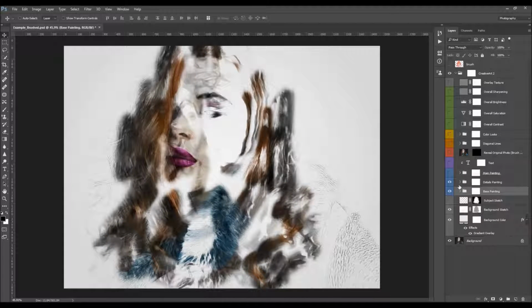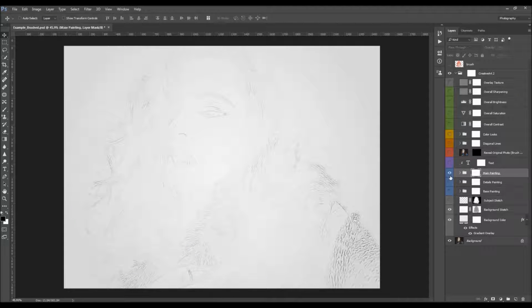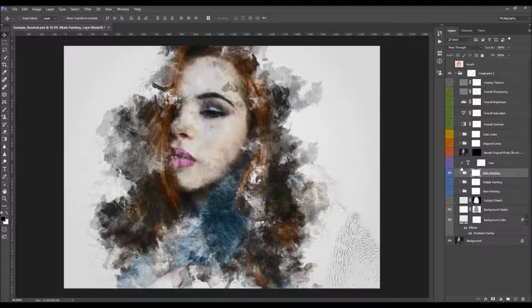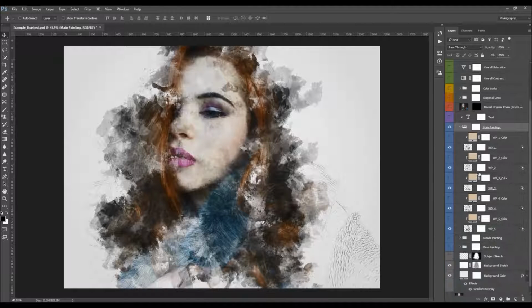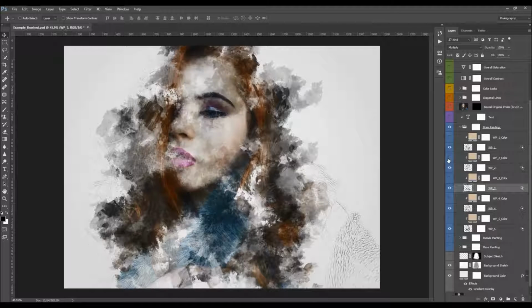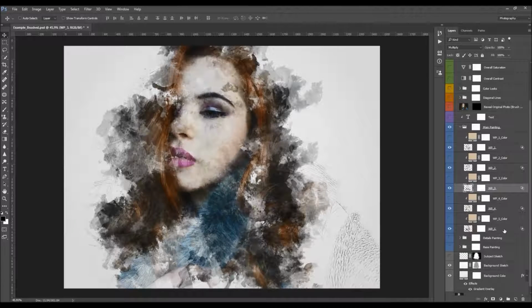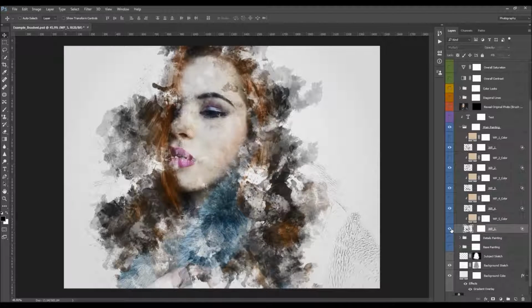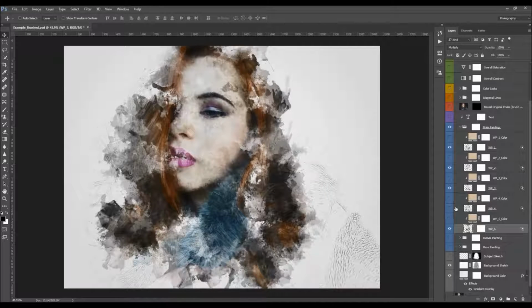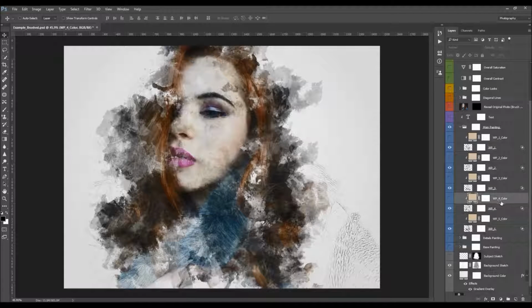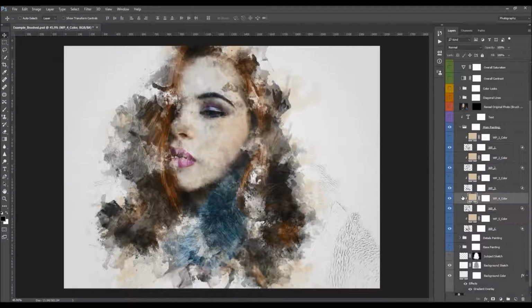So these are some additional effects. You can use them as well, but I'm just going to hide it and use this one, the main painting. I'm going to open the folder, and as you can see, this effect is also layered, so it has 5 textures. Each of those textures has a color field layer above it. So what you can do is turn it on,